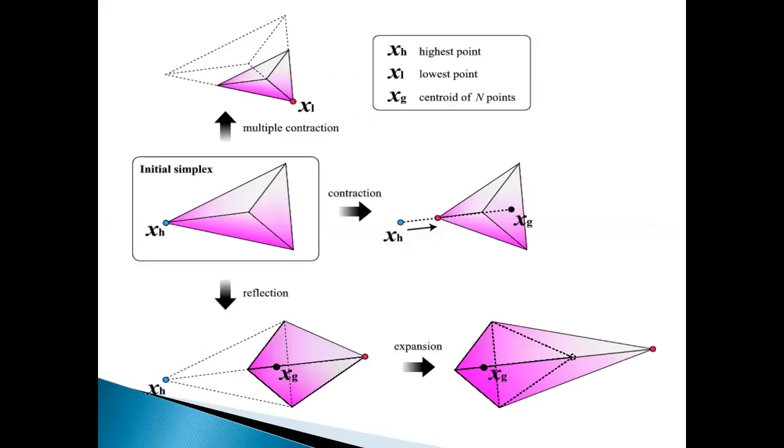So this is an example: if this is your initial simplex and you want to contract this highest point, it will be in this direction. This is how it will move to get the optimal objective. If you want to perform reflection, then this is the centroid of all the points. From this point, reflection of these 2 points is taken to the highest point. If you need to expand, then it is done through this value. If you need to do multiple contraction, then it is done through all the points, in all dimensions.